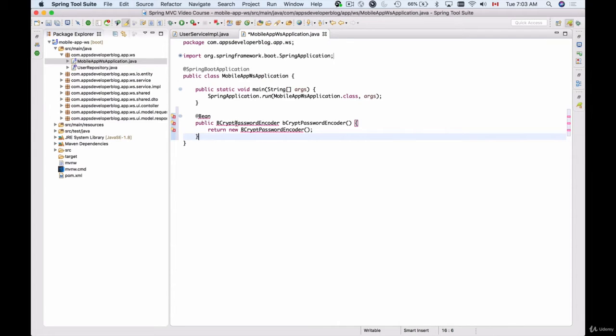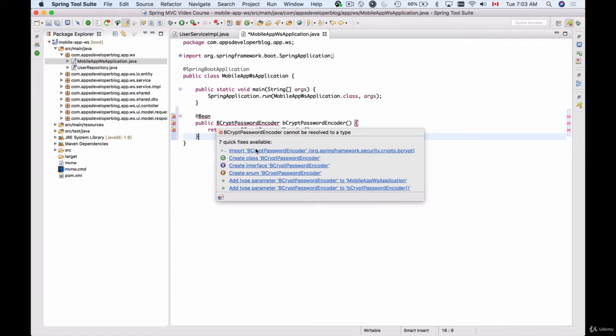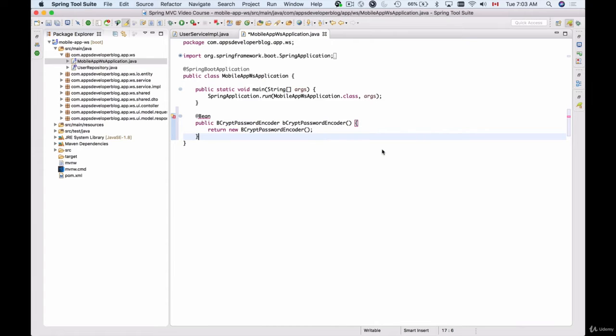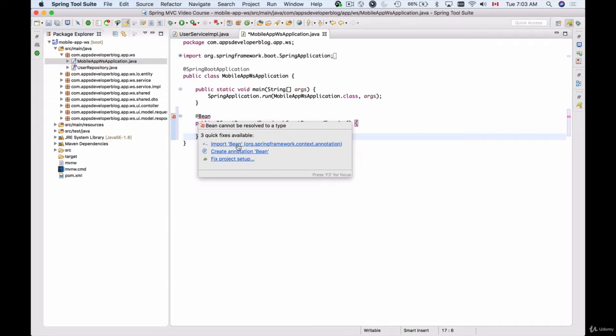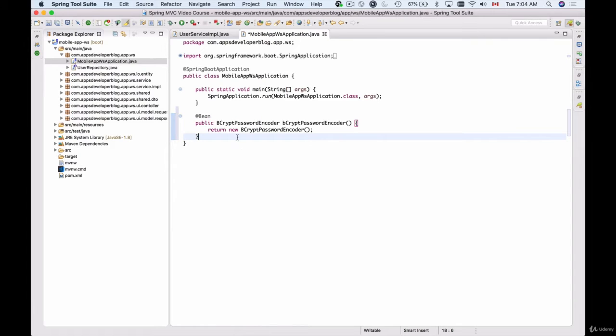Let me import this class. So it comes from org Spring Framework security crypto bcrypt package. I will import it, and I will also import bean. And we need to declare this class as a bean so that we can then auto-wire it into our user service. So now when I made this class, bcrypt password encoder, available to my project as a bean,